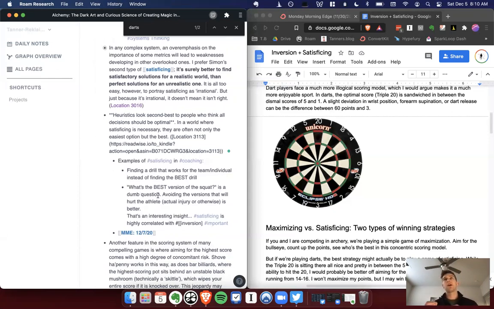So I was thinking, okay, we can actually turn that around and say, instead of trying to say what's the best version, it's like, hey, what are the bad versions? And then what do I have left to make a choice from? And then you just pick one. And that's really this satisficing approach. And what I realized is that satisficing is highly correlated and related to this idea of inversion, which I've written